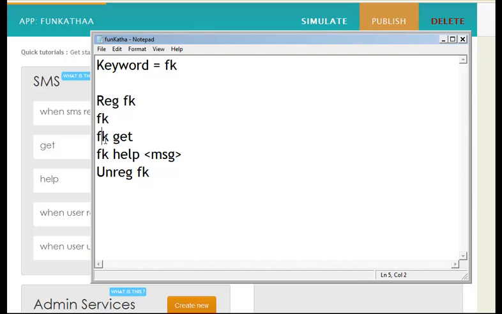code requesting FK space get, and the user can ask for help typing FK help space whatever the message, whatever content you want to get to know, and user can unregister from the application typing unreg space FK. Okay. This is the basic flow of the application, and let's look at how we are going to implement this